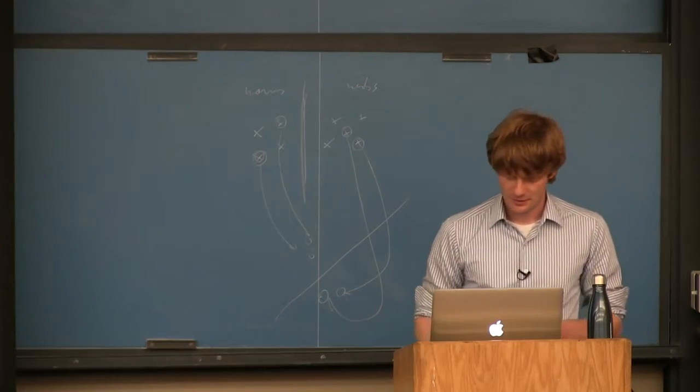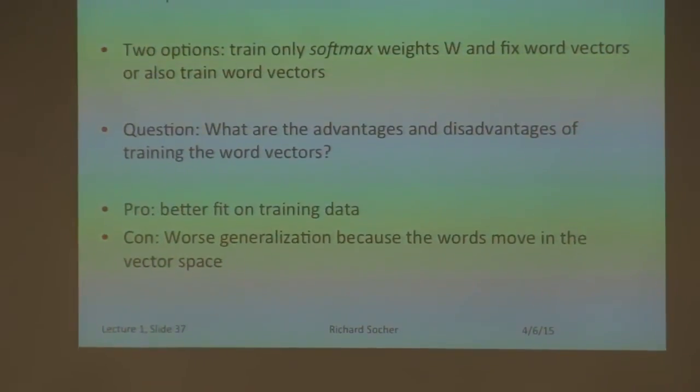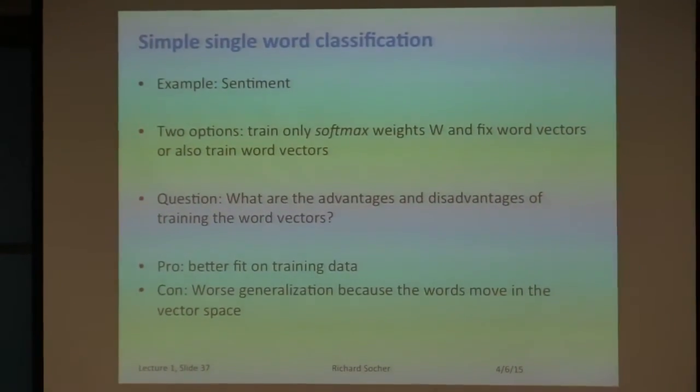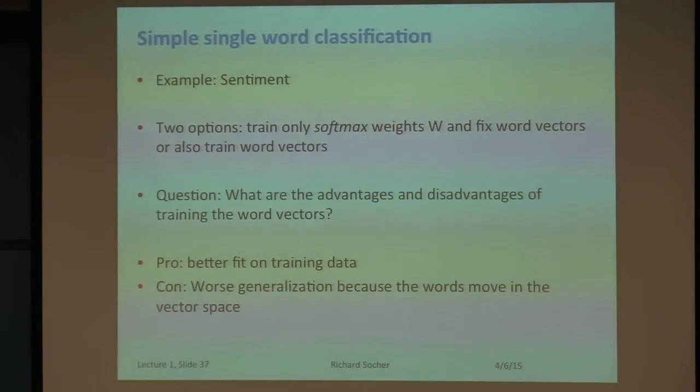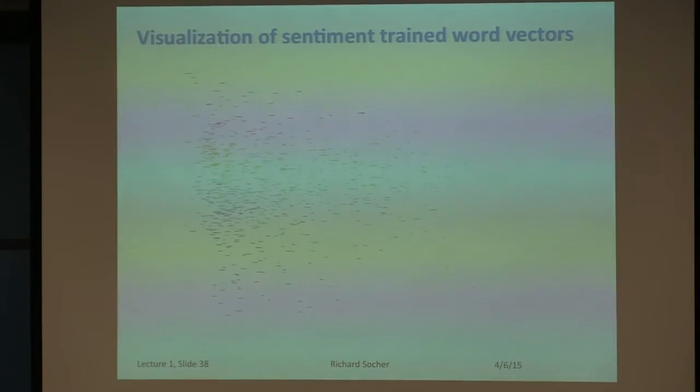So basically, what we'll get here is often a better fit on the training data, right? I tell the training data, move exactly there, and you'll have a very easy time classifying them because you push them exactly where you want them to be. But you have worse generalization, because the words moved in the vector space. So to give you an intuition of what this looks like in real life, I have here a